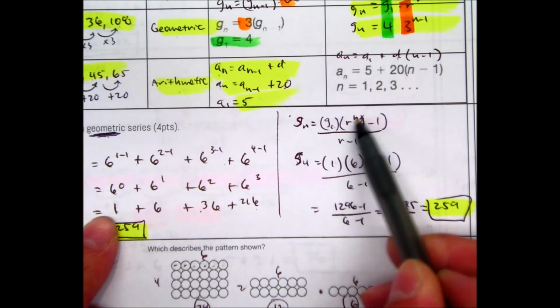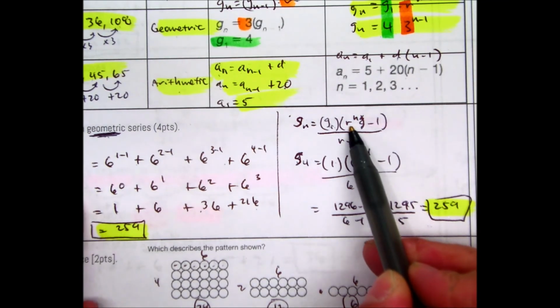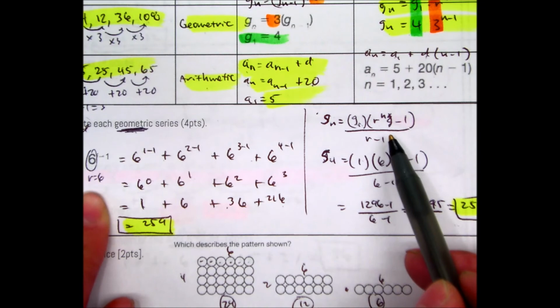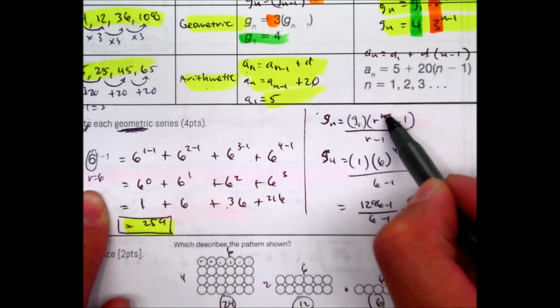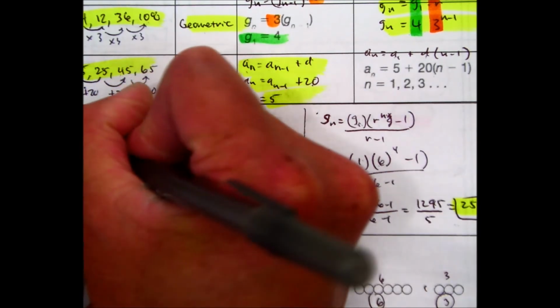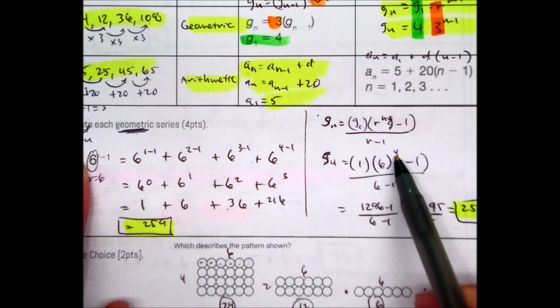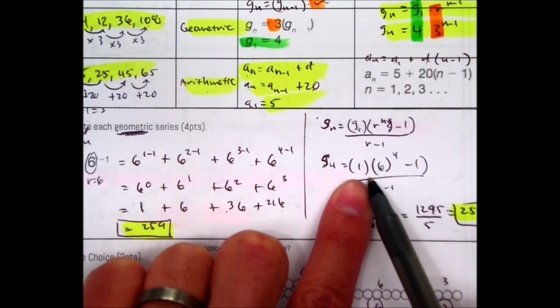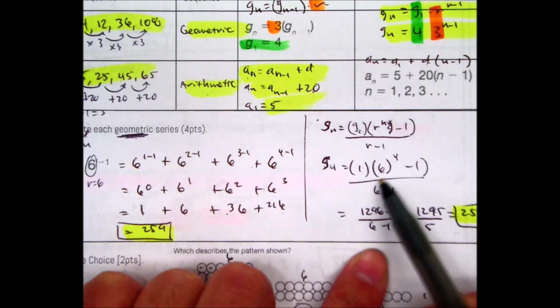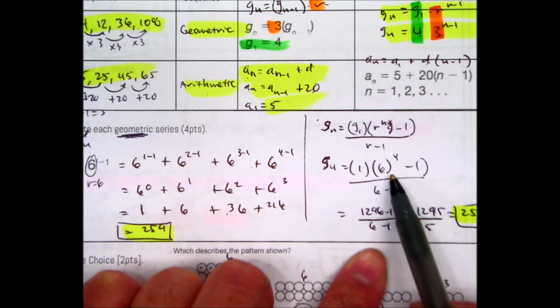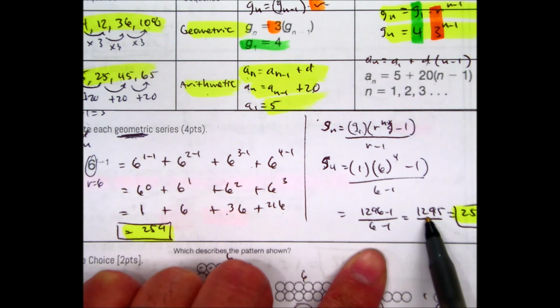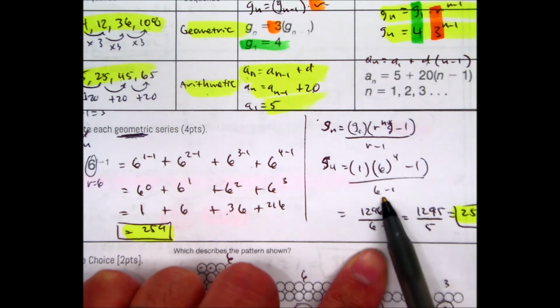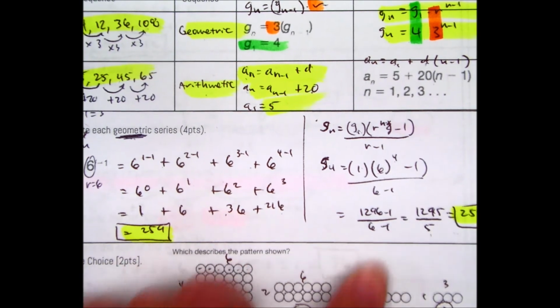And then it says r to the n. So your r value is right here, which is 6, and your n value is up there, which is 4. So 1 times 6 to the 4th, 6 to the 4th is 1296 minus 1, which is 1295, times 1 is 1295. Then here's r minus 1, so 6 minus 1 is 5,